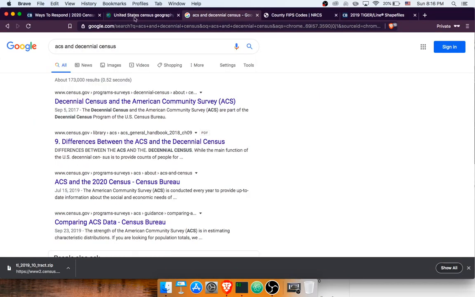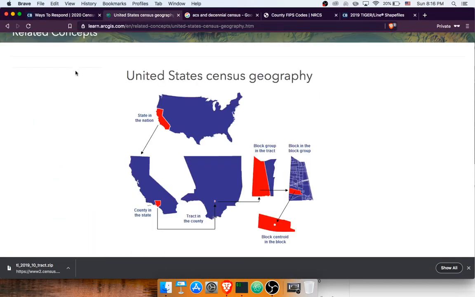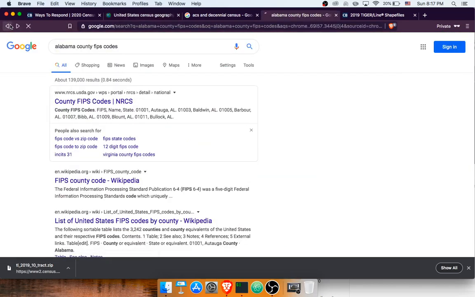So all these resources and pieces of information are available for every state, and there's an API where you can get lots of additional information. Just be careful when you study it because you want to make sure, what year am I looking at? Am I looking at 2010, the decennial census, where I have information down to the block group? Am I looking at an American Community Survey where I have a lot more information, but it's only divisible down to the tract level? Am I trying to find information about New York, and I have to first look up what's the FIPS code that I use for that? In any of these cases,